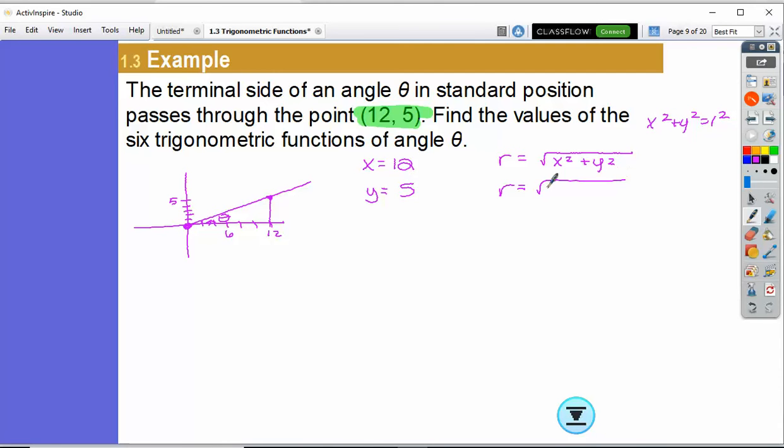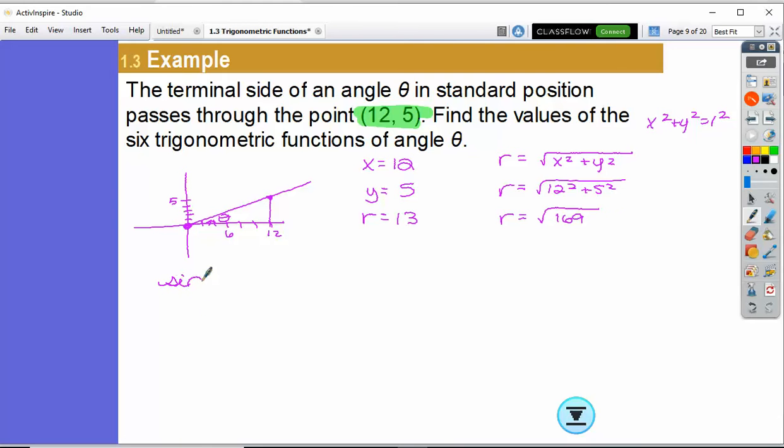So we get square root of 12 squared plus 5 squared. So 144 plus 25 is 169. So my r is 13. So that's your first step. You have to be able to find r. Now we want our trig